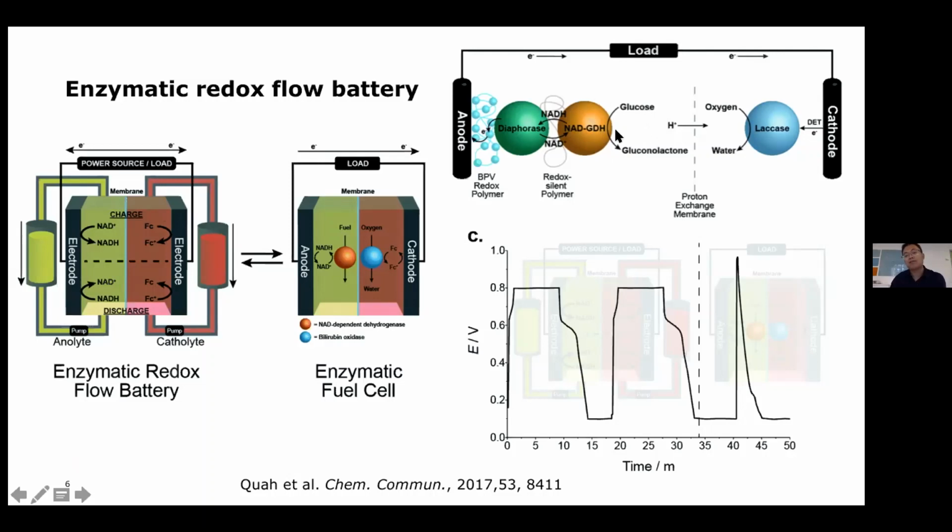And when coupled with enzymes, for example, doing glucose oxidation on the anode side and oxygen reduction on the cathode side, they could demonstrate such a concept. Firstly, it is a redox battery. It could do charging and discharging, for 2 cycles, and then it could function like an enzymatic biofuel cell. It could convert the glucose and oxygen into some electricity, and it could do discharging. This is just for your interest, you can refer to the reference here to get a